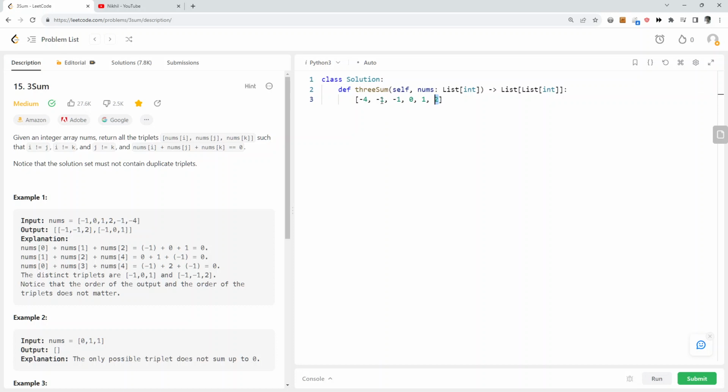So the sum is less than 0. What does that mean? That means we have to increase the sum. So will we move our left pointer or right pointer? We'll move our left pointer and we'll go here. Well, it didn't change materially, so we'll have to move further. So this is 0, this is 1, but we'll see that none of them actually